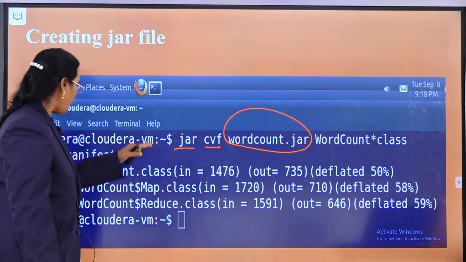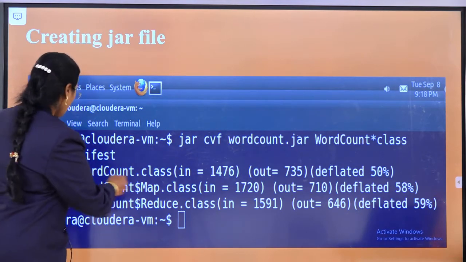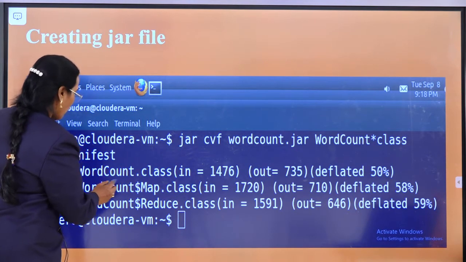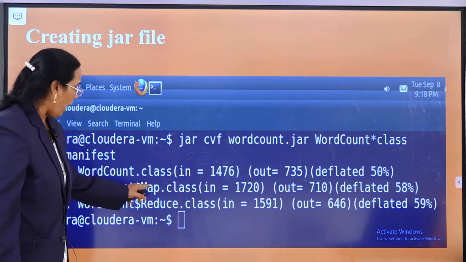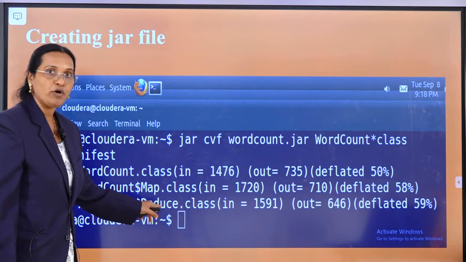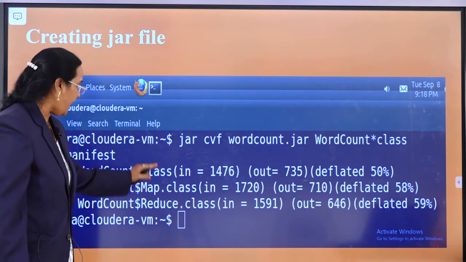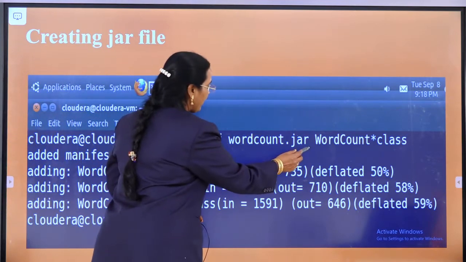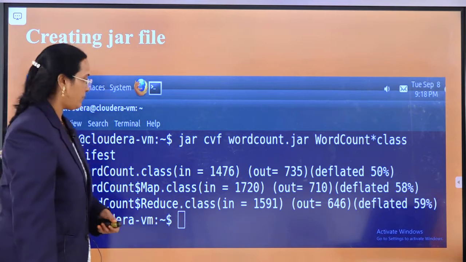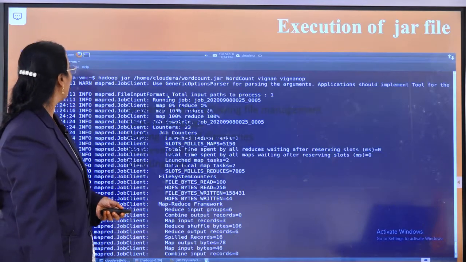When you run this command, you get this output: it has added the WordCount class, the WordCount map class and the reduce class. In the driver code we have added this. So the 3 class files have been combined and merged in the form of a jar file called WordCount.jar. In this fashion we are going to create the jar file.